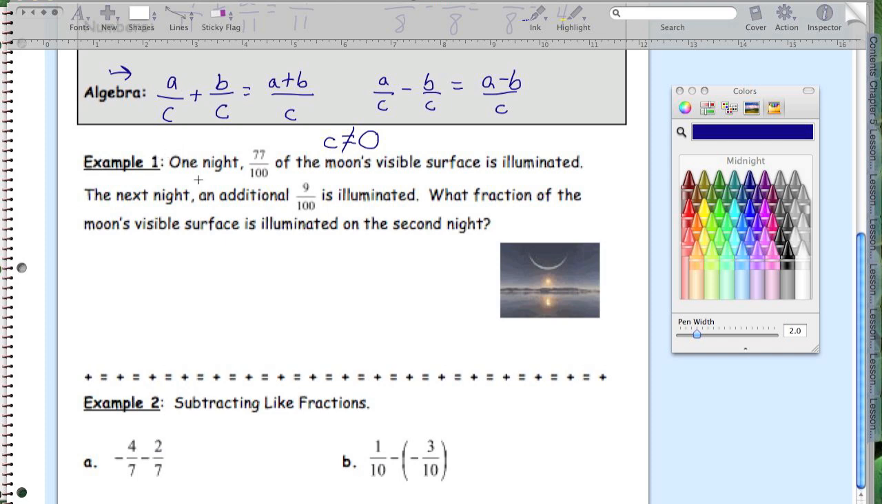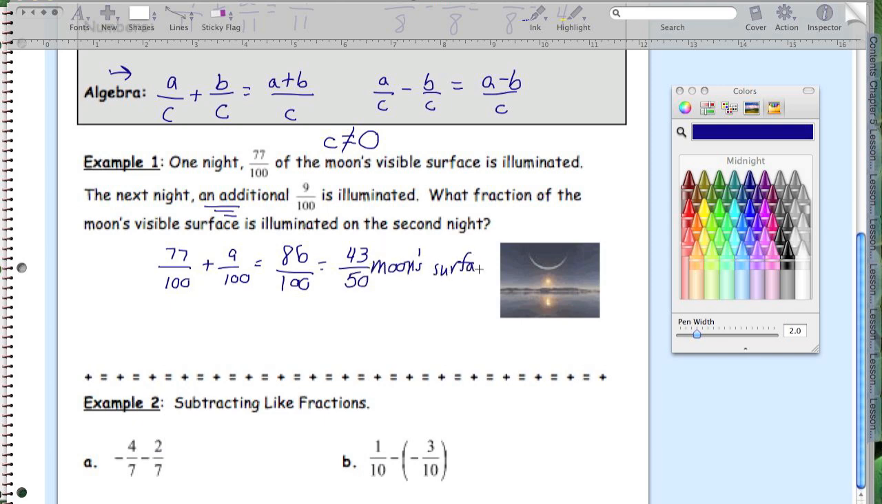One night, 77/100ths of the moon's visible surface is illuminated. The next night, an additional 9/100ths is illuminated. What fraction of the moon's visible surface is illuminated on the second night? So 77/100ths plus 9/100ths, because it's an additional, we're going to add them. So 77 plus 9 is 86 over 100, and like I said before, you always want to reduce. So we get 43/50ths of the moon's surface